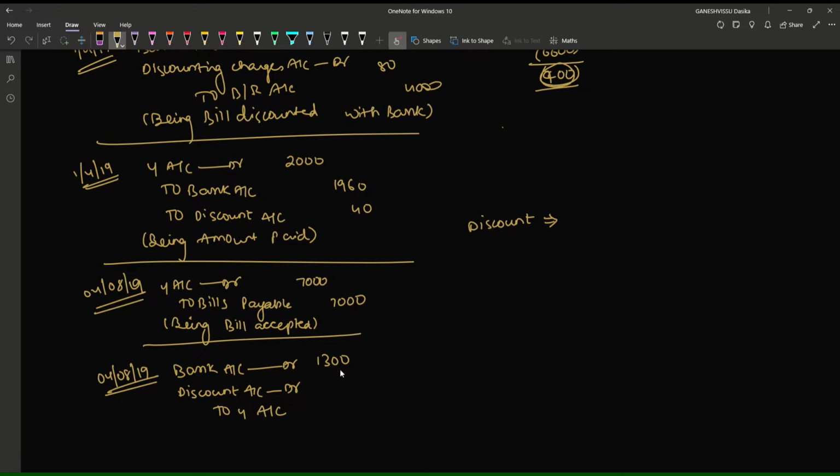No, what is the amount we need to discount here? Simply, what is the total amount which has been received? 6,000, not which has been taken as a discount, 400. And what is the amount received? 6,600, right? 400 by 6,600, and that is to be multiplied with the amount which has been received, that is